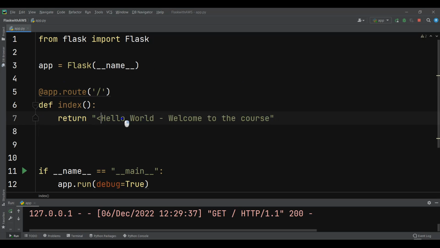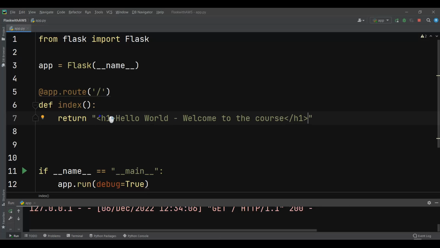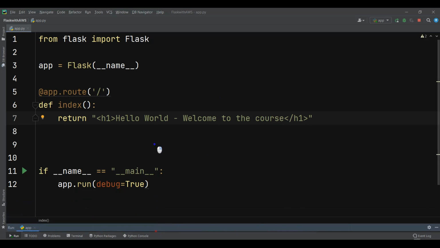Even for example, in here you can use an h1 tag. If I save it and refresh it, you can see that we have hello world. But it's not the approach that we want to use. For building a complete web application, you'll have HTML files, you will have templates that you can easily use. So now the first thing is that we need to create a template for this index view function,